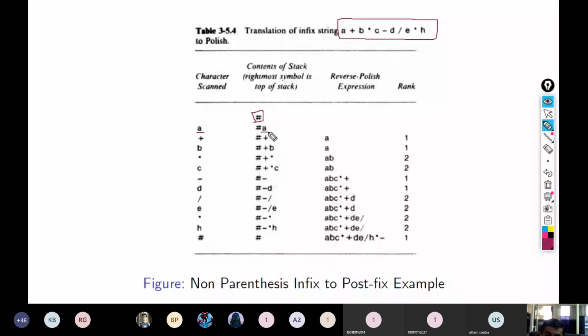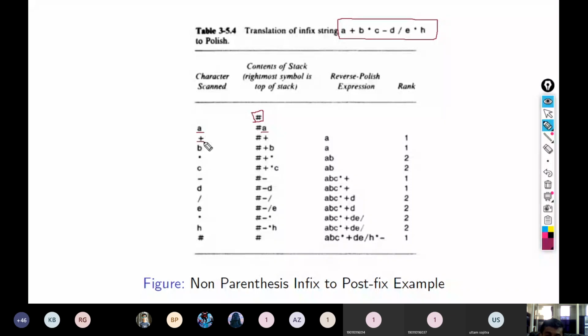Before pushing it to the stack, we have to check the precedence function for the top of stack and for the next character. In the algorithm, these characters are stored in next. Now the next character is a plus.